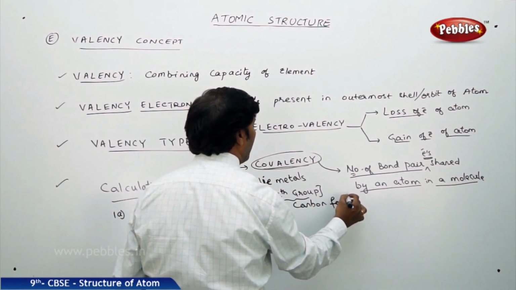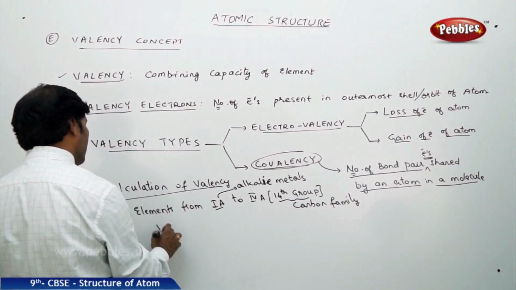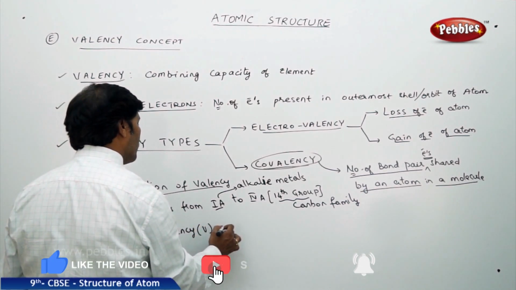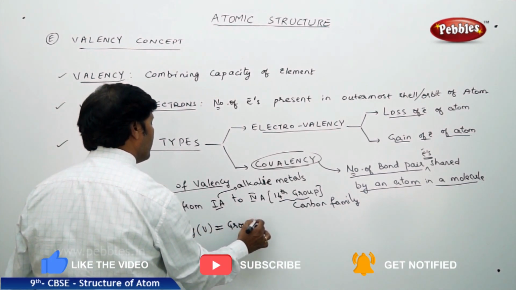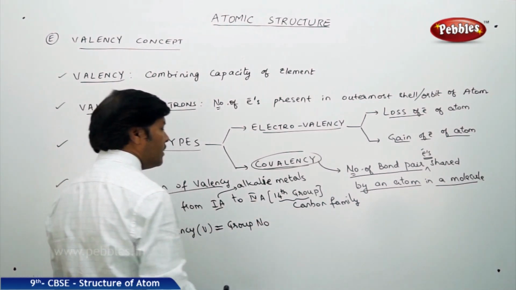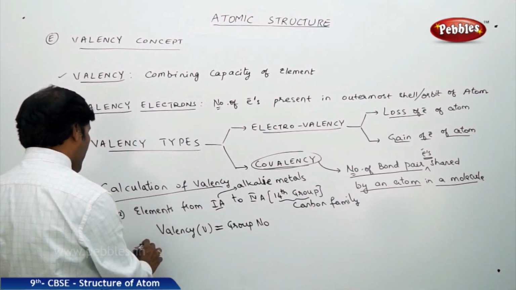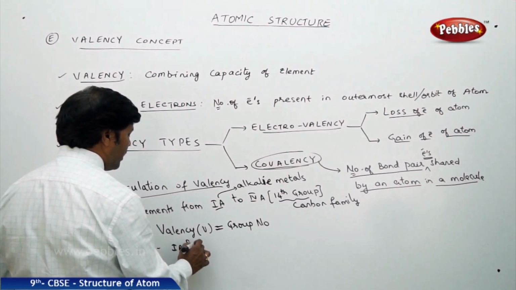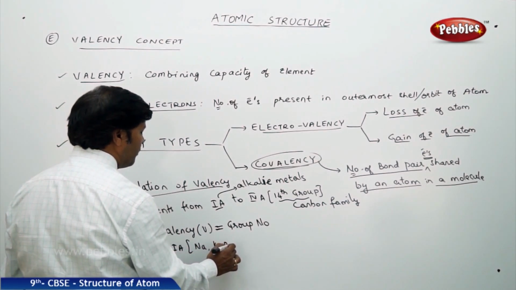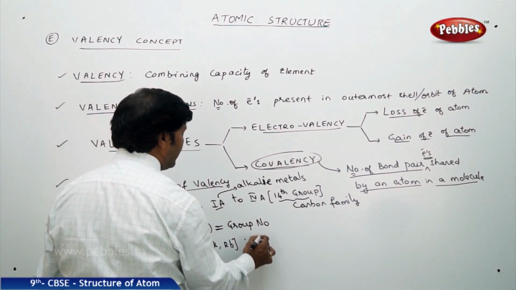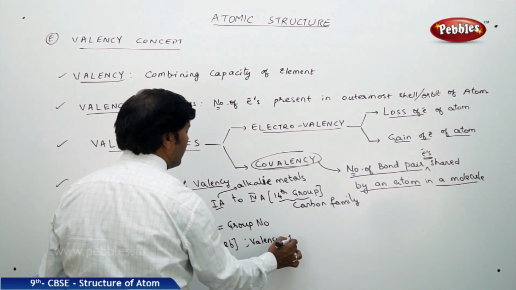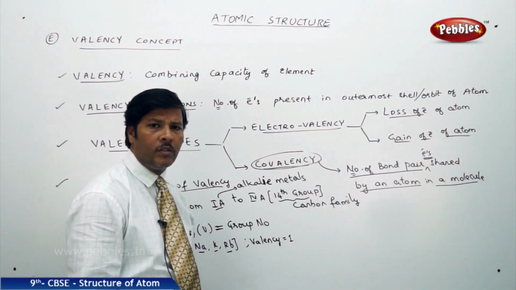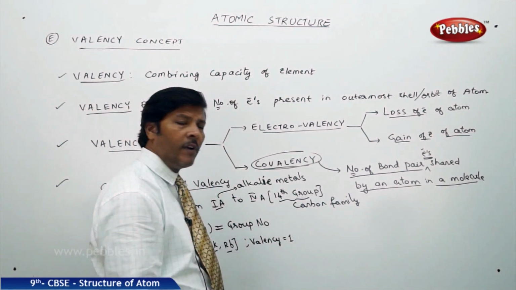we can directly use the formula: valency V is equal to its group number. Valency is equal to group number. For example, for the 1A group, you take sodium, potassium and rubidium. What is its valency? I can simply say 1. Why is it 1? Because these are all metals, so they lose electrons. They can lose only 1 electron. When they lose 1 electron, its valency is 1.